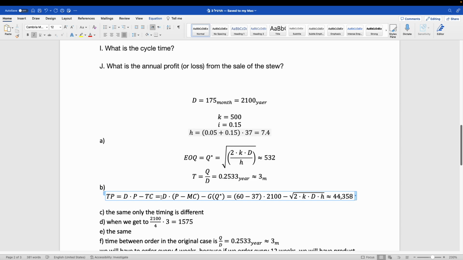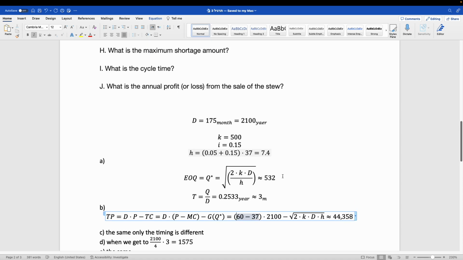This can also be written as the demand multiplied by the price minus the manufacturing cost, which is $37 if I remember correctly, minus all the other expenses that we have, so the holding costs and order costs, etc. So we just plug into the formula and calculate the profit, which is